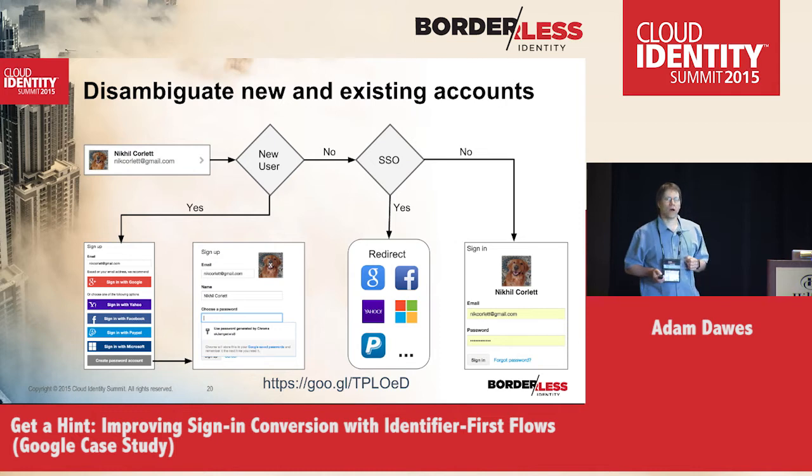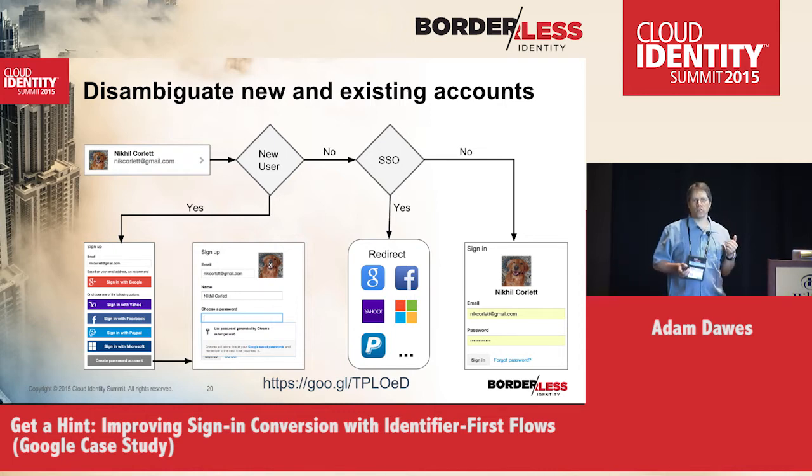All right, the benefit that I explained that we have in terms of disambiguating between new and existing users, you can take advantage of that as well. So here is the basic logic diagram. After you get that result back from the user status endpoint, you can determine if it's a new user or not. If it is, then you can send them through the sign-up flow. So in this case, it would be offering the user a bunch of IDPs that they can sign up with, or to create a username and password.